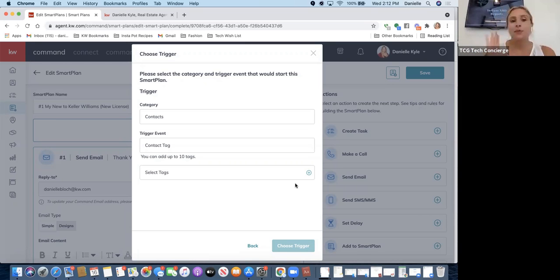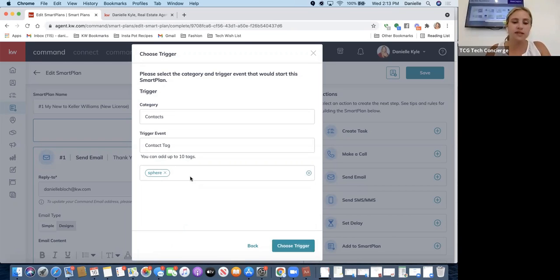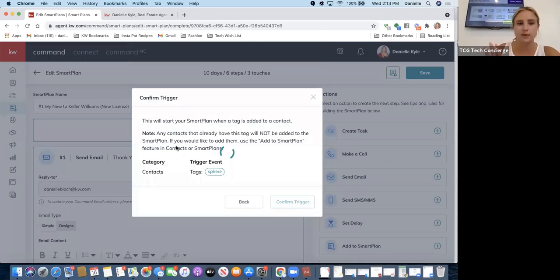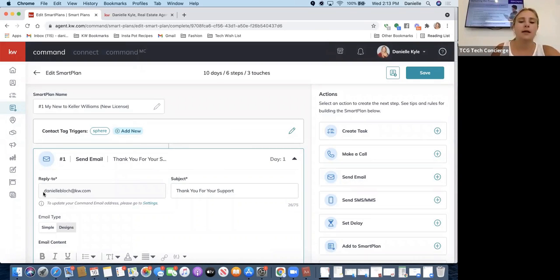So Paolo, you haven't put your database in here yet. So let's just say you do a smart plan trigger and you use the tag for sphere, and you want everyone in your sphere to receive this smart plan. So you choose that as your trigger tag. So see those steps I just went through, I confirmed it. And